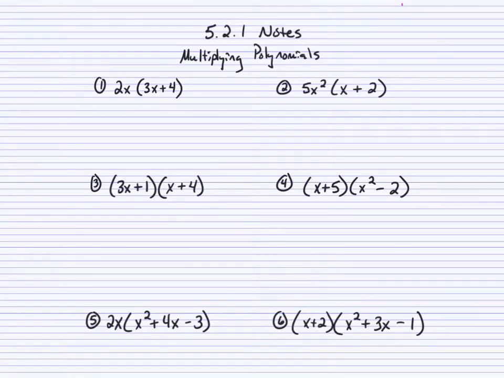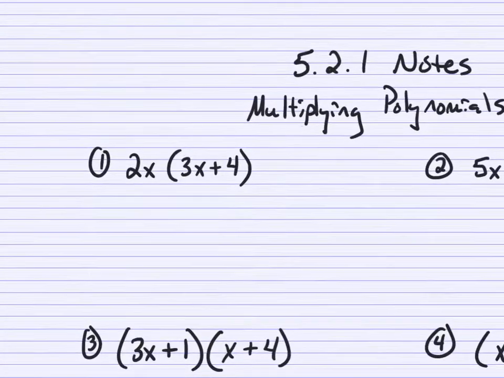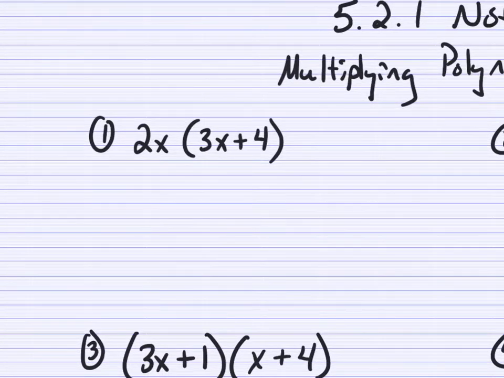Alright guys, today we're going to learn how to multiply different types of polynomials, and we're going to start right here with number 1. And if you look, we have a monomial, 2x, on the outside, and inside the parentheses we have a binomial. So we have a monomial times a binomial,